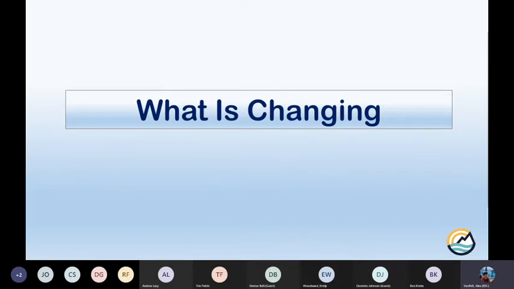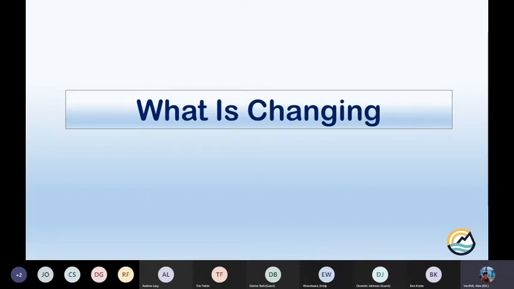So that's what's not changing. So let's get into what is changing, and this is where we're going to spend a pretty good chunk of this 2 hours. I do have a break built in, guys, in the middle of this. So don't despair thinking I'm going to keep you here for 2 hours straight without a breather. So we'll take a break here in the middle.